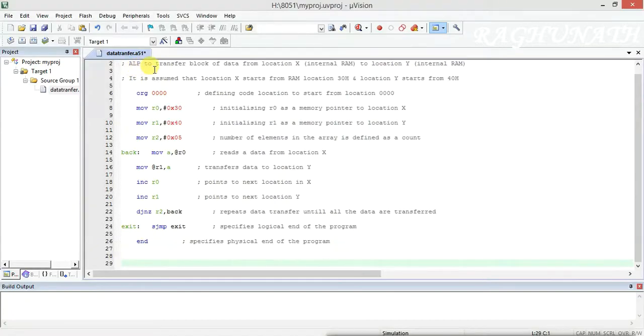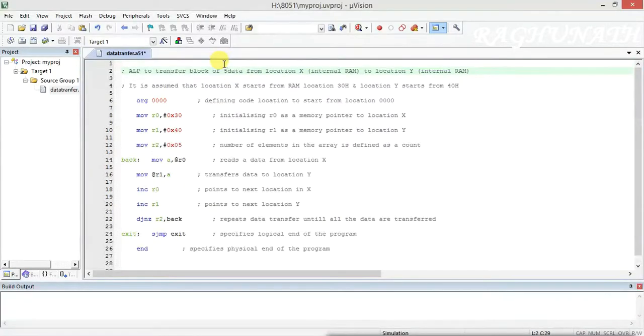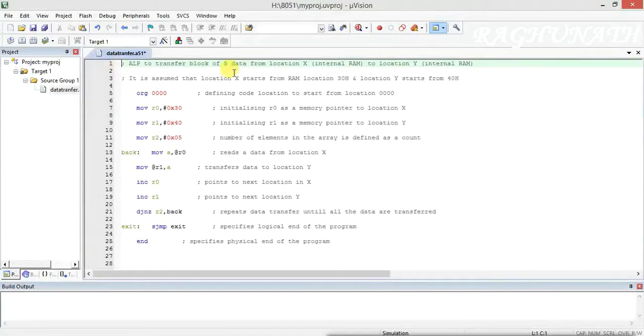Write an ALP to transfer a block of 5 data from location X to location Y, both internal RAM locations only.